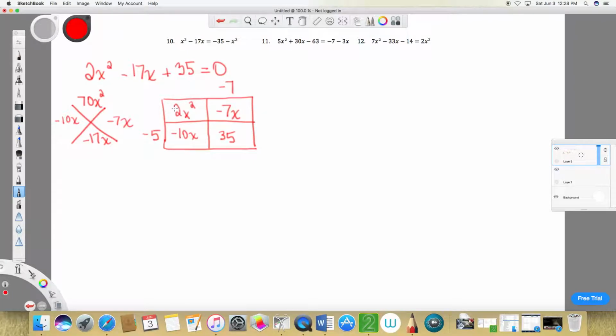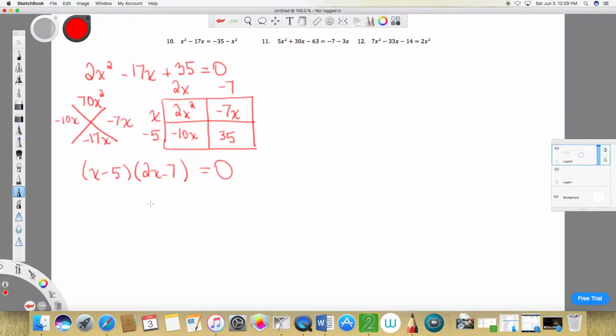Horizontally here, if I look, the 2 and negative 7 don't have anything in common, but they do have variable x. And when I look here, the 2 and negative 10 are both even numbers, so I can factor out a 2x. That means that I can write this trinomial in factored form as x minus 5 times the quantity 2x minus 7,